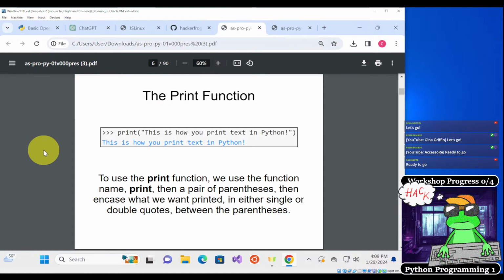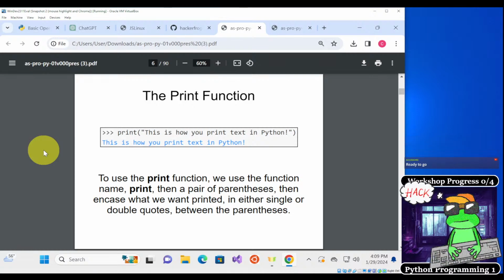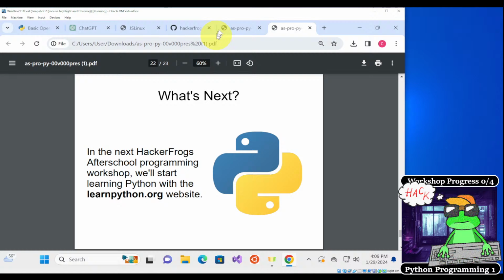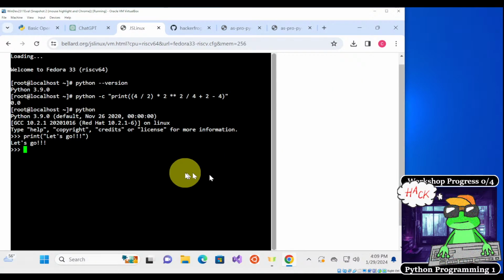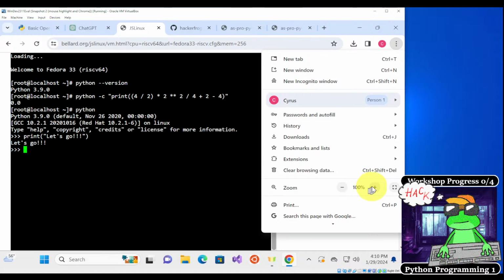to use the print function, we use the function name print, then a pair of parentheses, then in between the parentheses we put what we want printed, in either single or double quotes. Okay, so here inside of your console, let's make this a little bigger for us to see.